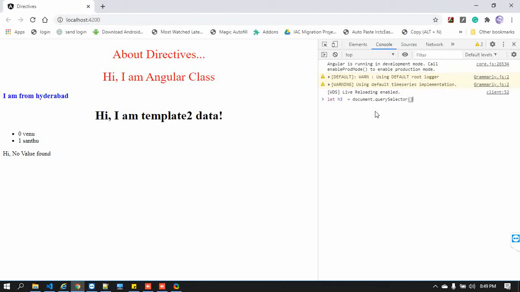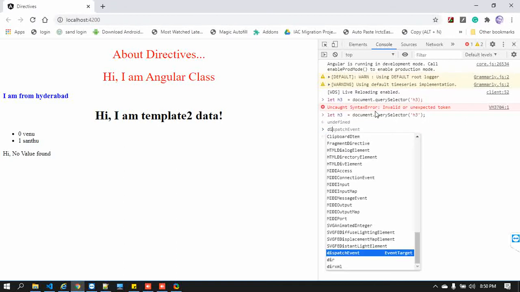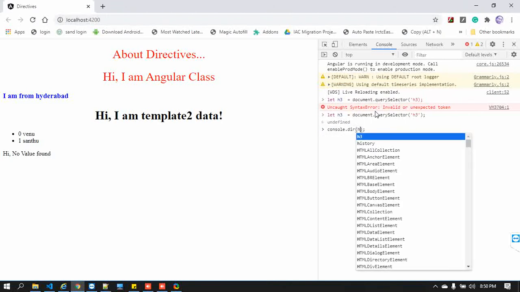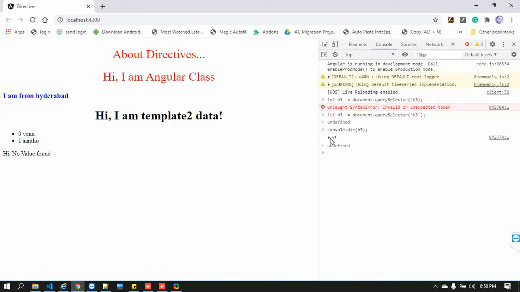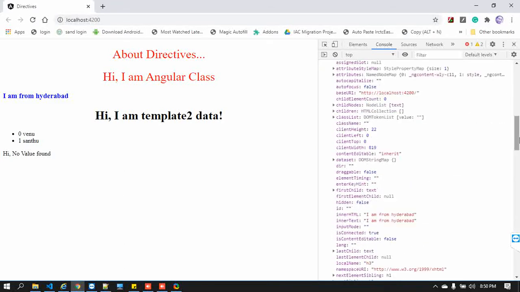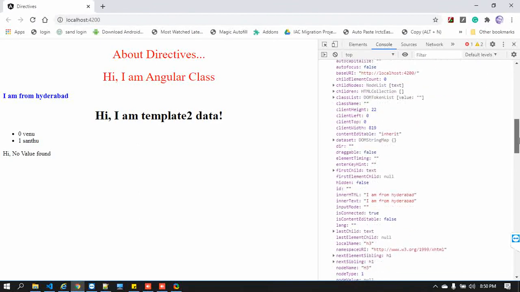So I would like to get that guy. Okay, so by using the service. Okay, so now the console. Let's take the card here. Oh, sorry, the console here. So it will give you full access to it. If you look here, in the H3 we are going to have a style object. You can see style is available as a property.